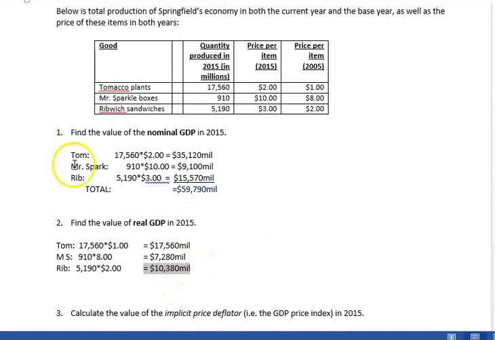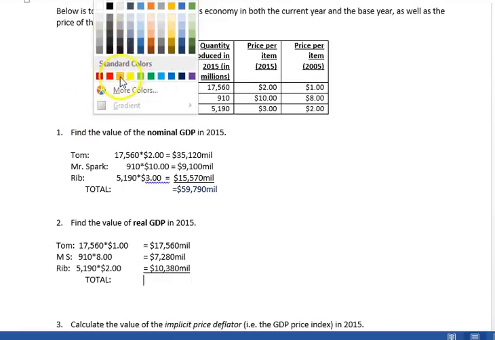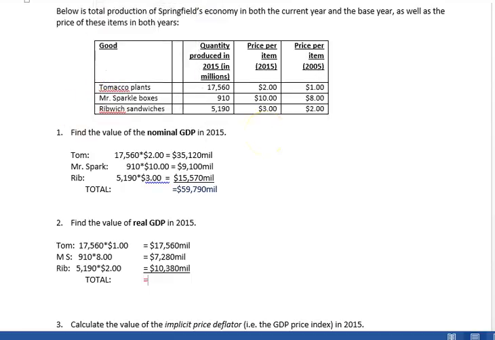All right, so we're going to get a total there. Add those three numbers up. Oops, let's get that. All right, and get our total. Forgot to take the underline sign off. There we go. All right, total. Let's see what our total is. Again, we'll highlight that. Actually, let's do that one in red. All right, so real GDP, this is our real GDP. The 2015 production restated in 2005